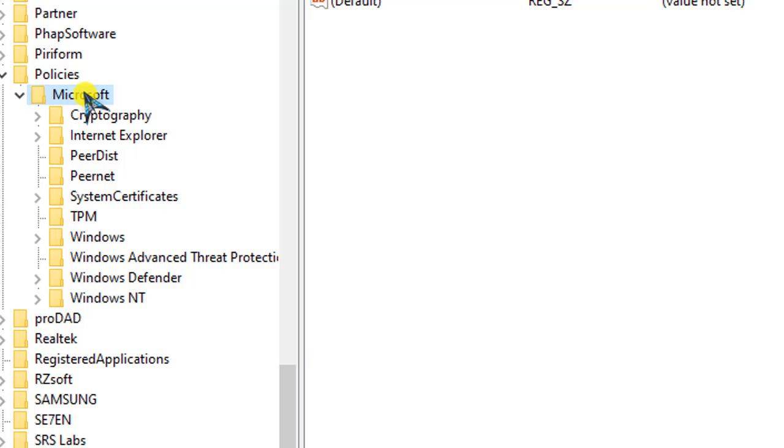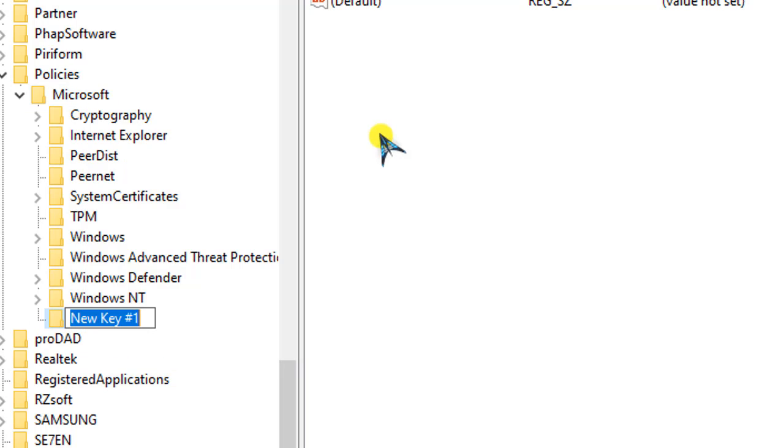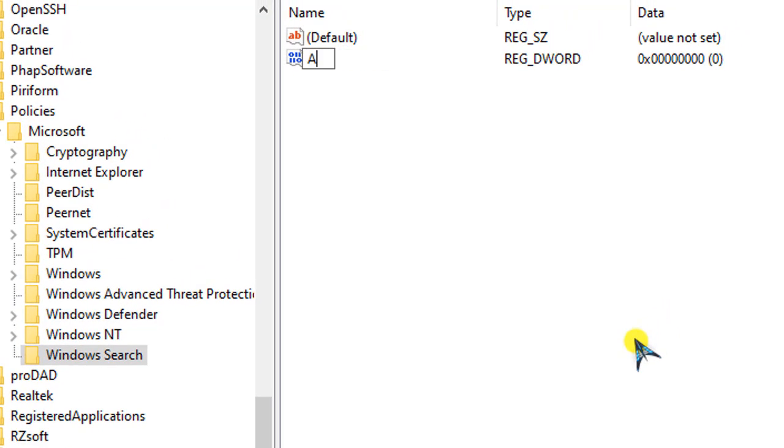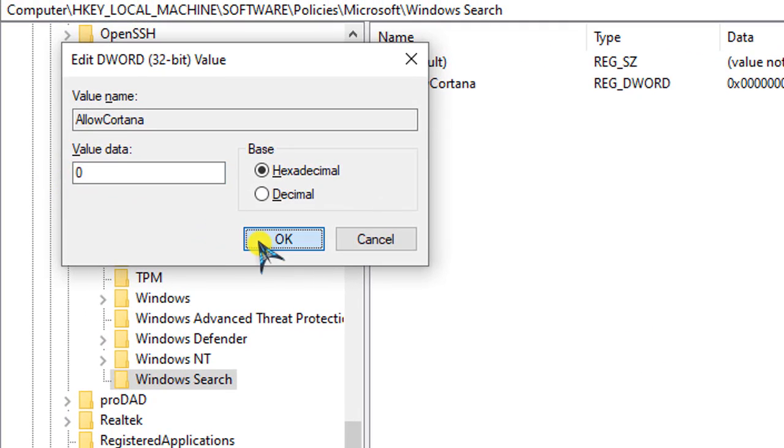Now select Microsoft and right click on the mouse. Then select New and Key. Type Windows Search. Press Enter and select Windows Search and go to the right side. Right click on the mouse, select New, then DWORD 32 value. Rename this Allow Cortana. Double click on it. Value data 0, then